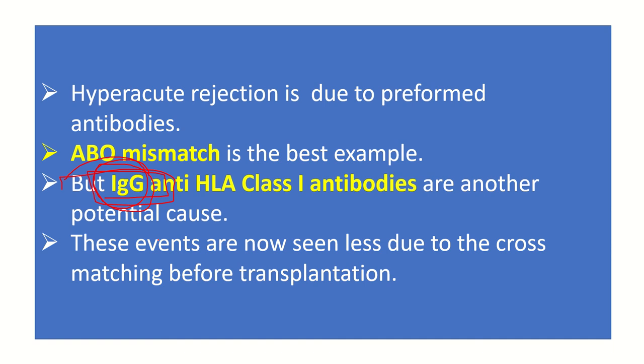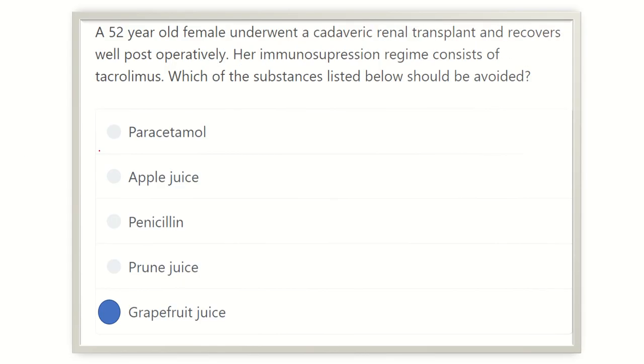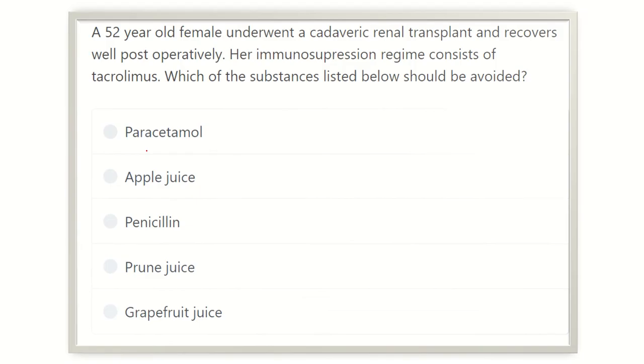It is not IgM, because IgM forms immediately, but this antibody is a preformed antibody, so it has been present for a long time. As a long-standing antibody, it is IgG, but IgM is short-lived. As it is formed in the recipient's body and present for a longer time, it is IgG. So our final answer is,